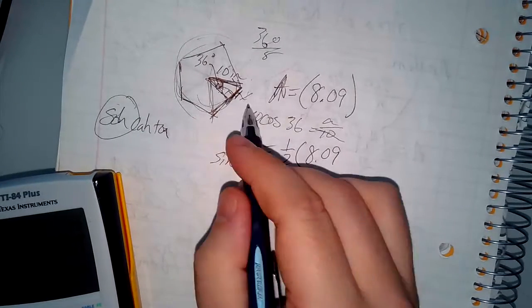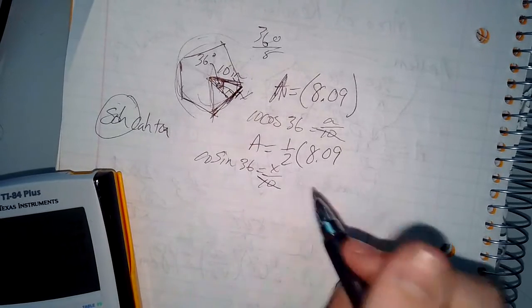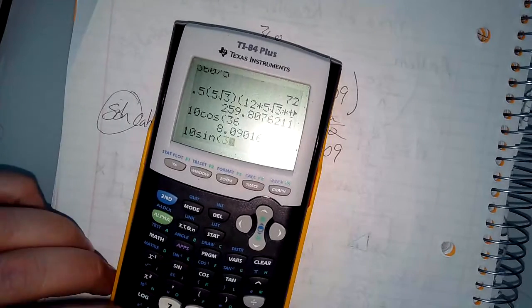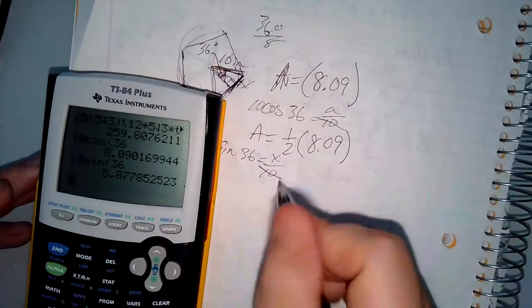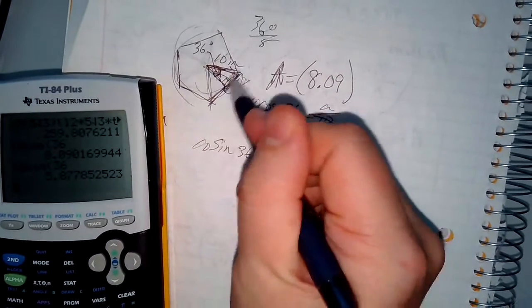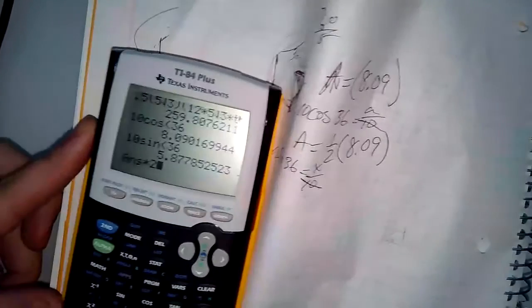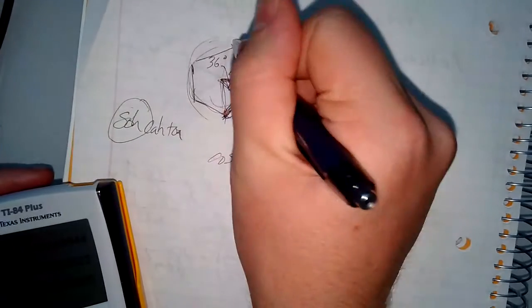So 10 times sine of 36 gives us x. And that is 5.87. But you remember, that's just this piece right here. We need to multiply it 2 times to find the whole side. And then we're going to multiply it by the number of sides, which is 1, 2, 3, 4, and 5. And that is our perimeter,